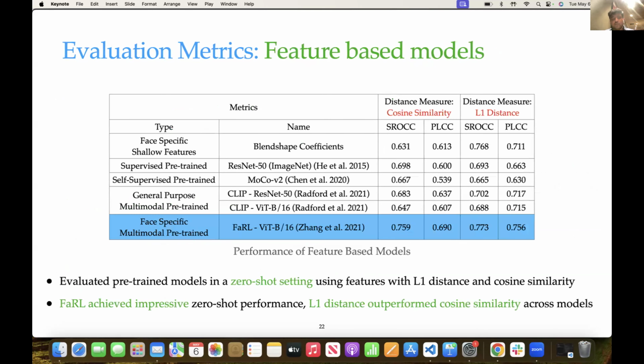Now we move to the feature-based models, typically using deep learning models. We don't train models here. We are just evaluating everything in a zero-shot fashion. So we just take the features from different pre-trained models, popular ones like ResNet-50, MoCo v2, CLIP, and there's also one face-specific multimodal model. And we just take those features and try to do some zero-shot cosine similarity or L1 distance and try to